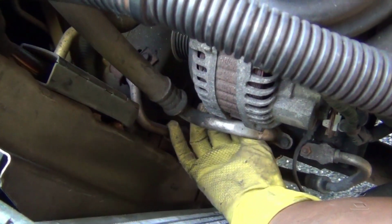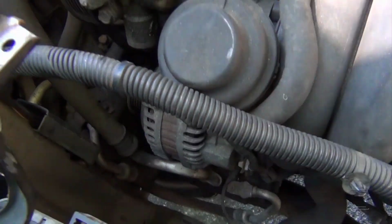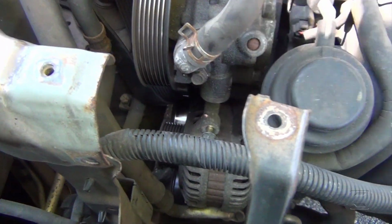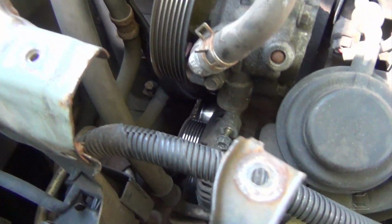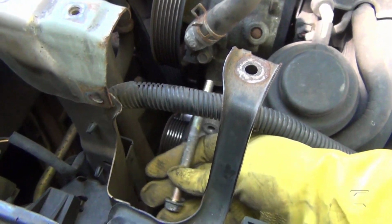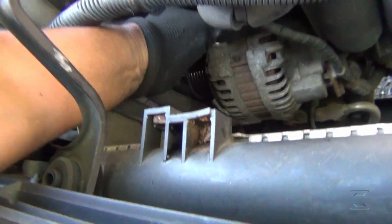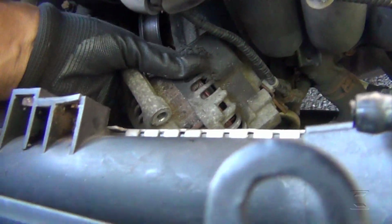Now this thing is kind of in the way here, but it can be moved. Right, it seems like it's out already. Okay, this is the big one here. Now, let's see. Right here. Now, you have to figure out how to